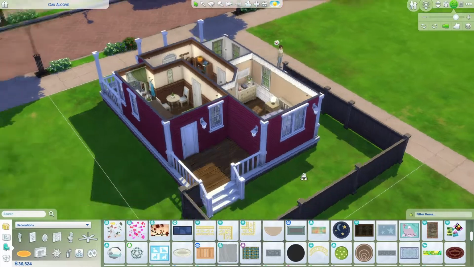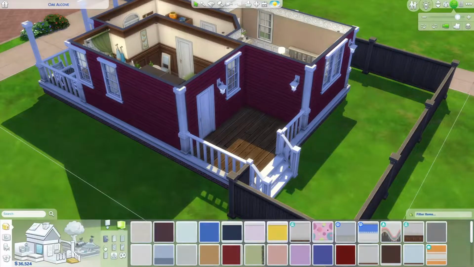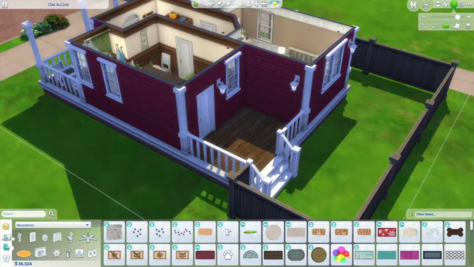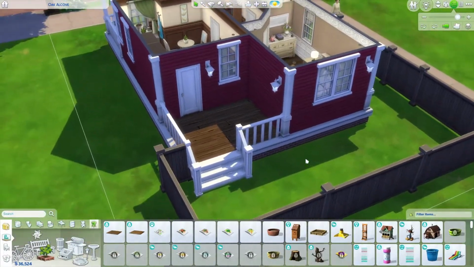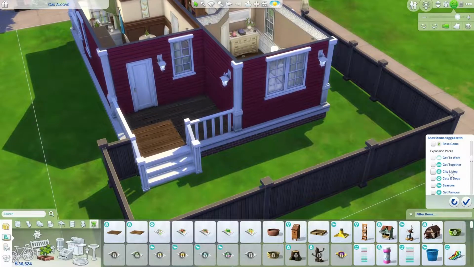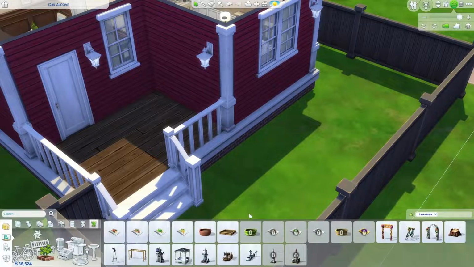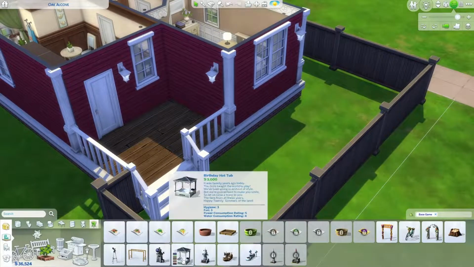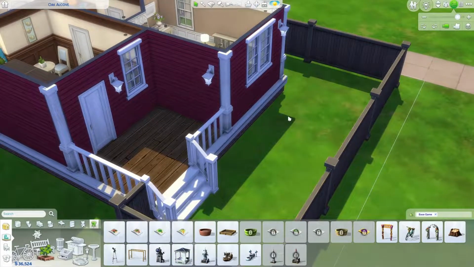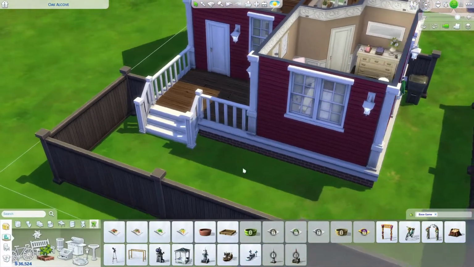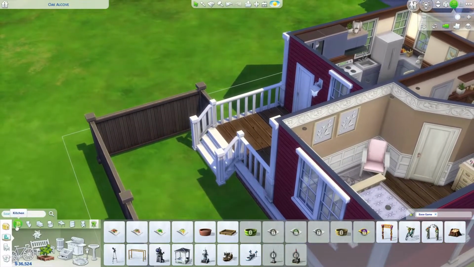Alrighty, let's go to the back. So, what do we want in our backyard? We don't have children, so we don't need play equipment, which is a shame because I normally put play equipment out there because it's generally something that can fill the space. Yeah, we're not doing a hot tub. We're not doing it, but we could. We could definitely do a hot tub if we wanted to. I kind of think what we should do